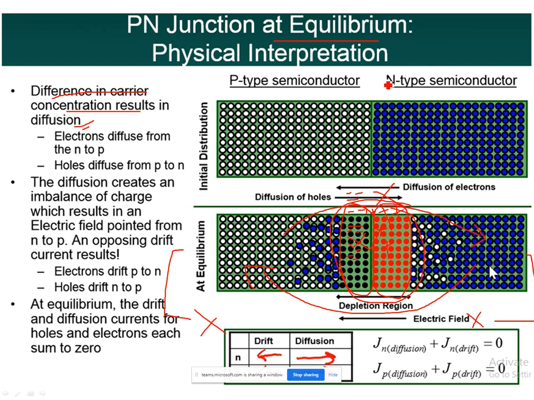So the inbuilt potential is there naturally, right? Whenever the PN junction is formed, the inbuilt potential is developed. Why? Because of these positively charged ions and negatively charged ions, right? Because of this internally developed or inbuilt potential, there will be some flow of drift current, right? Drift current.